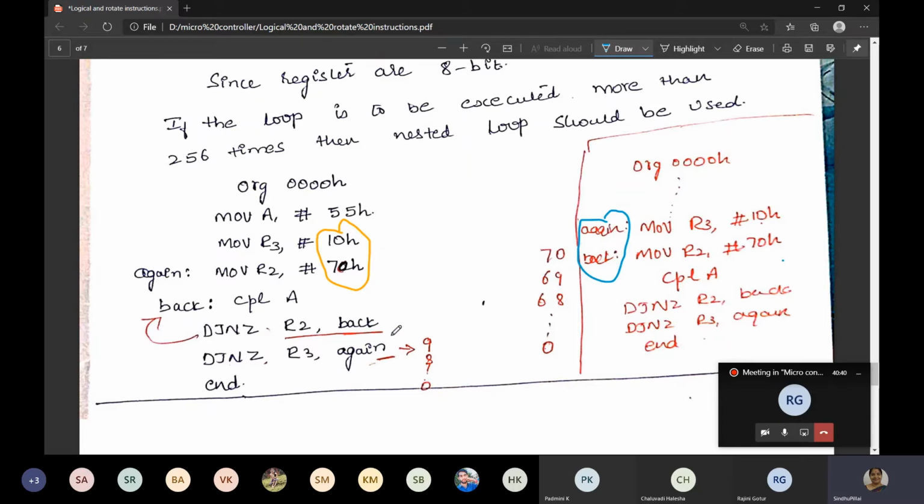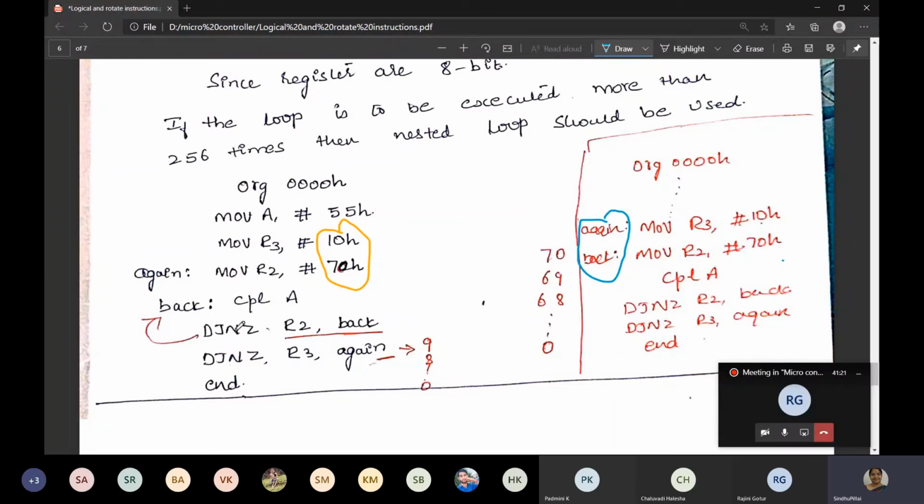So when analyzing, you just see after decrementing where the control should go. If it goes to other places, what will happen to the sequence of the program? What will happen to the contents of these registers? Analyze in that way, then you will learn to write the program. Put it in different places. And one more thing, these labels used here, back and again, are all user defined. You need not write the same names. You need not write only back, only again. You can write R1, C1, P1, anything. The names depend on you.